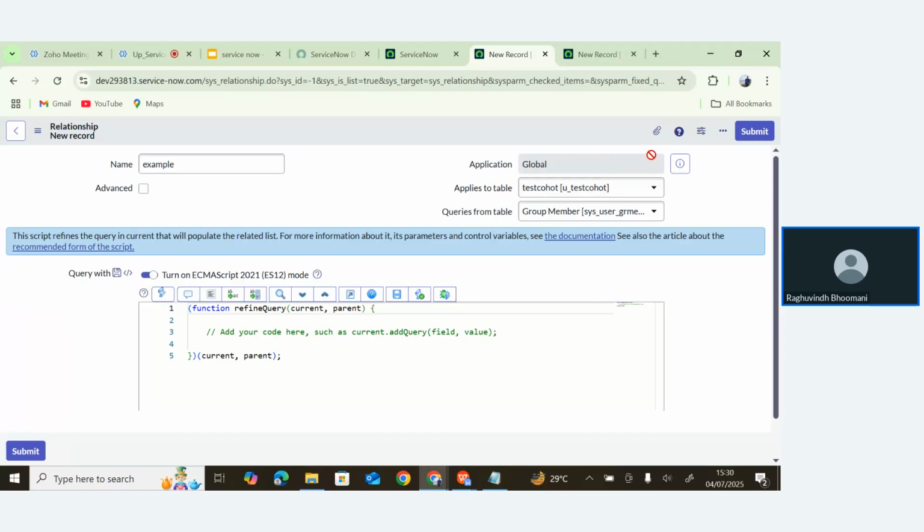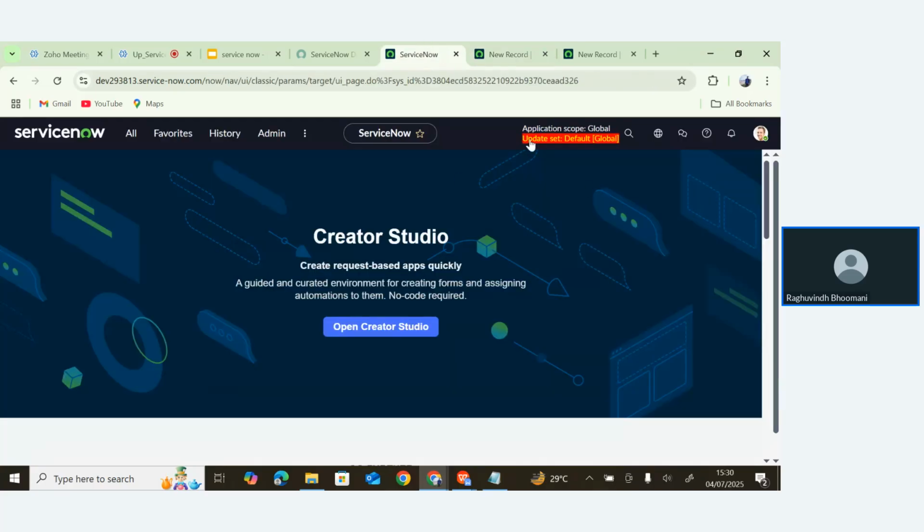That means this table is created in global application mode. You see here, application scope global, update sets, application global. In the sense that global is public. Whatever was created from the overview box, the out-of-the-box tables, is created in public. If you create some custom applications and you want to do some security-level things, then we create something, we